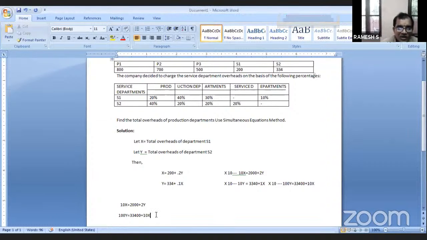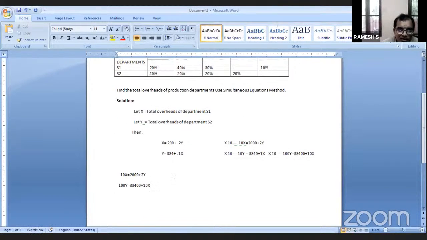Okay. Now you can see. Now you can solve it. Now how to solve it? Now you see. First of all, 10x is equal to 2000 plus 2y. In the second equation, here this side 10x is there. You have to bring it to this side. It is to the right of equal to, so you have to bring it to the left of equal to. Left of equal to means this side it is plus 10x. If you bring it to the left side of equal to, it will become minus 10x. So minus 10x is equal to